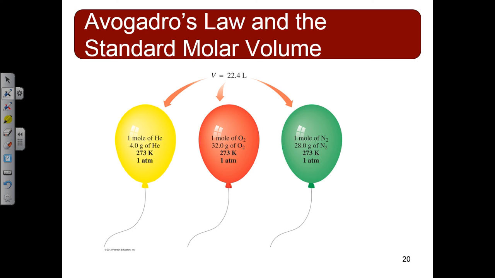So we can't do this. We don't have a conversion for solids and liquids like this. We can take any gas and 1 mole of it, and it's going to occupy 22.4 liters. That is a number that you want to remember, and it's called the standard molar volume. It makes sense. Molar, moles, and then volume, liters. So we have units here of moles and liters, so that's like molarity in a way.